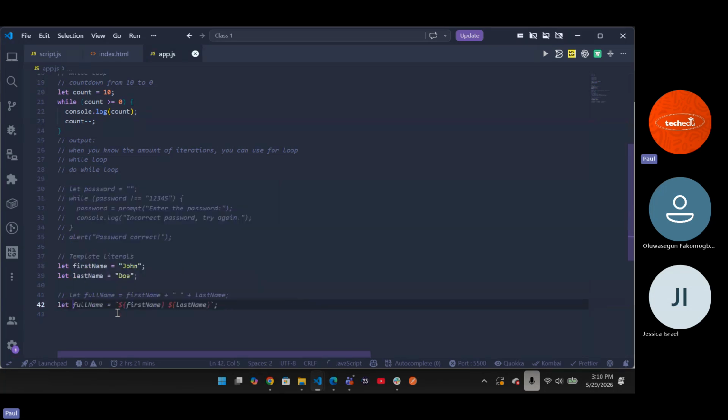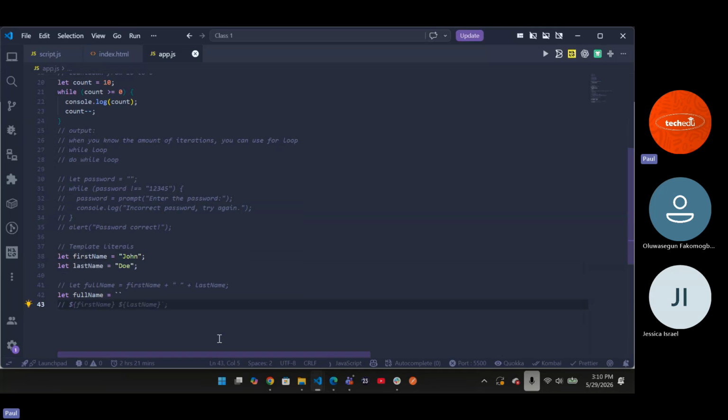Now I can have let full name equal to, then I can have my backticks, right? Now, one thing that you can use in a template literal is your dollar sign. This dollar sign allows you to add variables inside of it so that you can call them out. I can have my variable inside of these backticks, add a dollar sign with curly braces, then I can have my first name. Then I can also have another dollar sign with my last name. Now, if I console.log